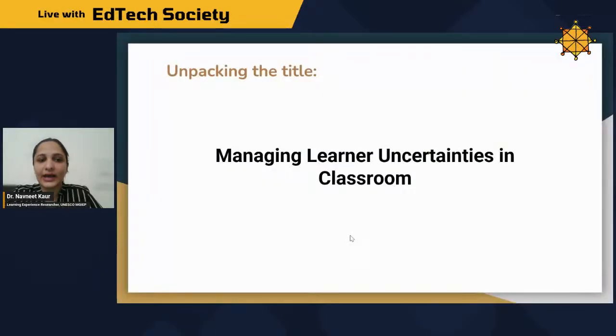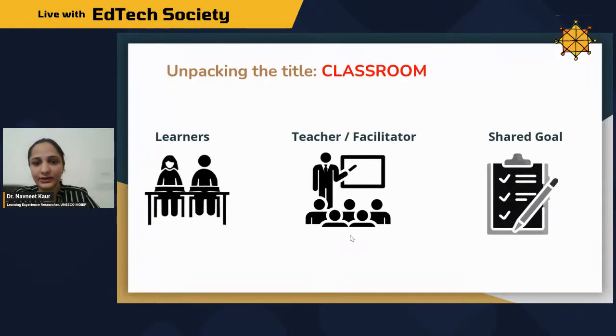Let's first unpack the title, Managing Learner Uncertainties in Classroom. So we'll start with a simple one, classroom. When we talk about classroom, I will be talking about three important elements of a classroom: of course, the learners, the teacher or a facilitator, and a shared goal. In a classroom, we have some goals that we have set, and all our teaching and learning happens